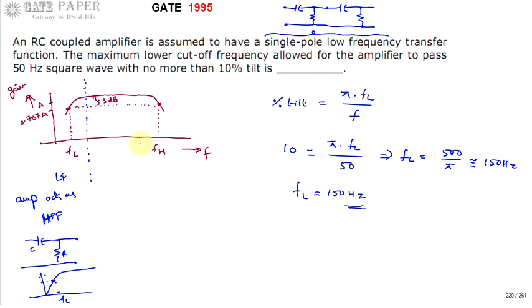And one more important point: at high frequencies, if you observe, the amplifier acts as a low pass filter. As the name implies, it passes all low frequencies up to a cutoff frequency of FH. So all these are passed up to this FH, and it acts as a low pass filter. If you represent it with a single pole transfer function, it looks in this way.